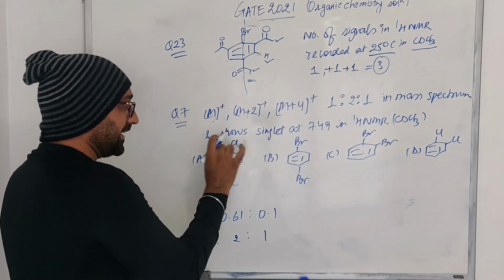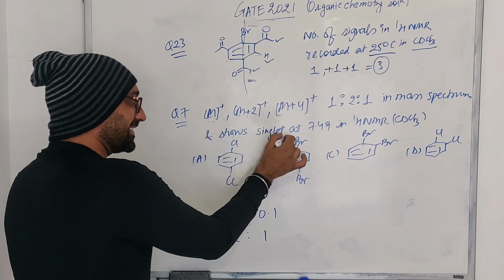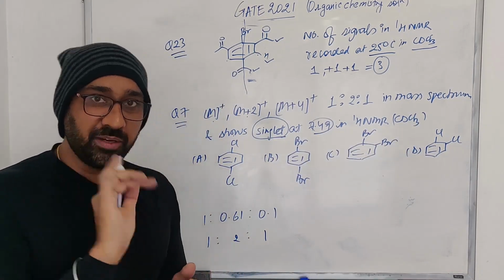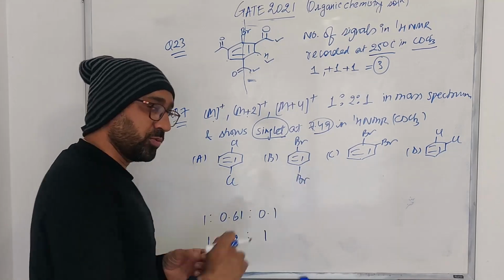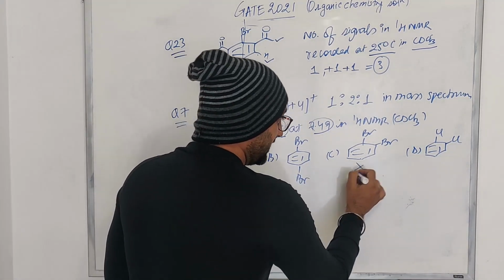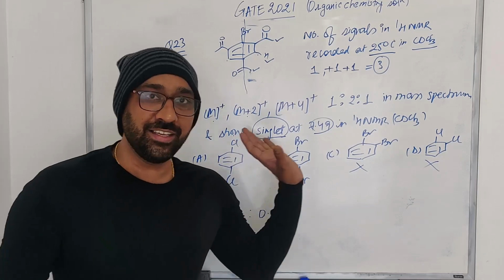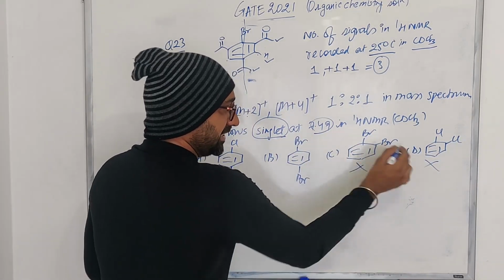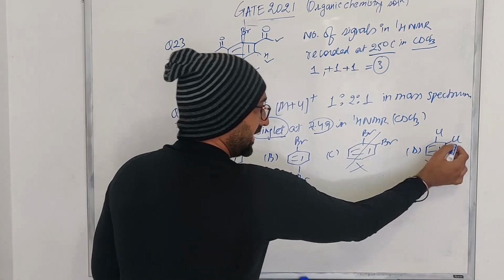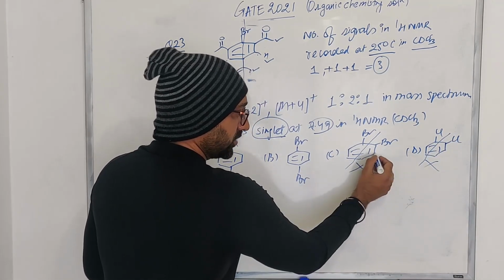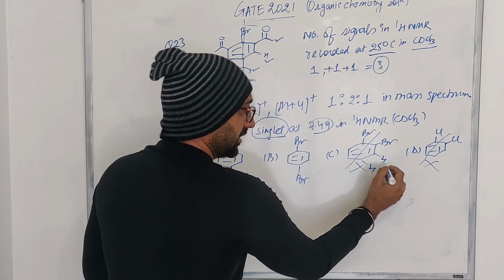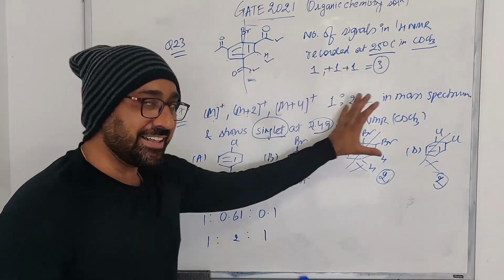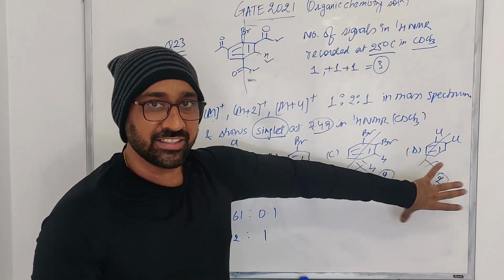And the important thing is they say that we see a singlet at 7.49 in 1H NMR. This is a very very important information. So based on the options जो उनको दिए हुए हैं, we can clearly see option C और D को तो हम वैसे ही neglect कर सकते हैं. उसका reason क्या है? Because in options C and D we have a plane of symmetry at this side. ठीक है, plane of symmetry अगर यहाँ है, we are going to see one signal, one signal. So we are going to see 2 signals for these two, जबकि in the data that is given it says one signal, so we can neglect these two options.